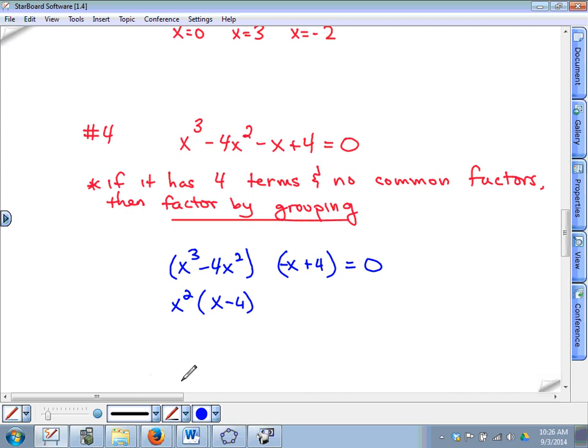Now here's one thing that students often get wrong. You always have to factor something out. If you take a look, x and 4 don't look like they have anything in common. You still have to factor something out. Negative 1. You always are going to either factor out a 1 or a negative 1, if nothing else. In this case, it has to be a negative 1 because you don't want to have a negative x in there. So if you factor out a negative 1, that leaves you with x